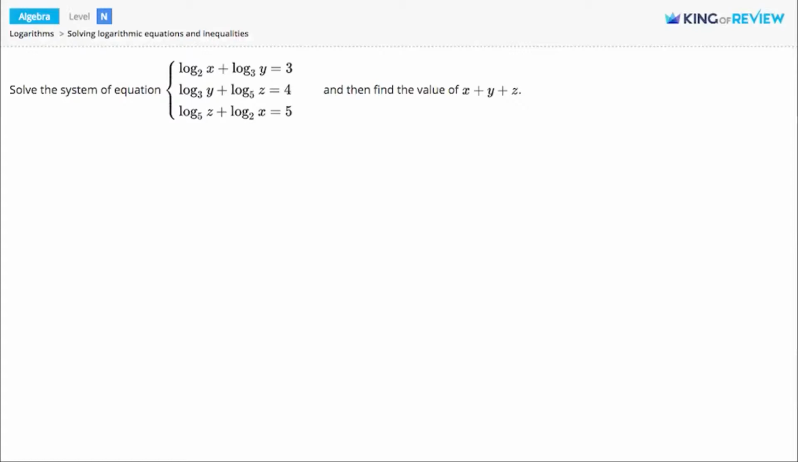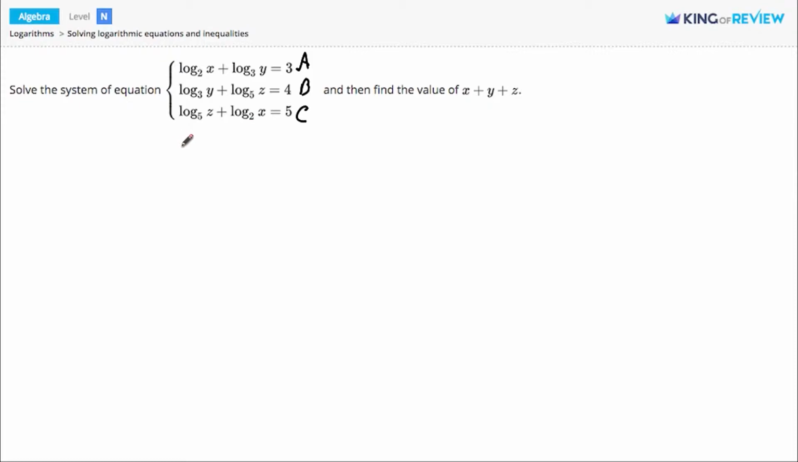Here we have a system of three logarithmic equations, and we need to solve for three variables x, y, and z. Let's call the top equation A, the second equation B, and the third equation C. One of the best ways to solve systems of equations is through a method called elimination, where we add or